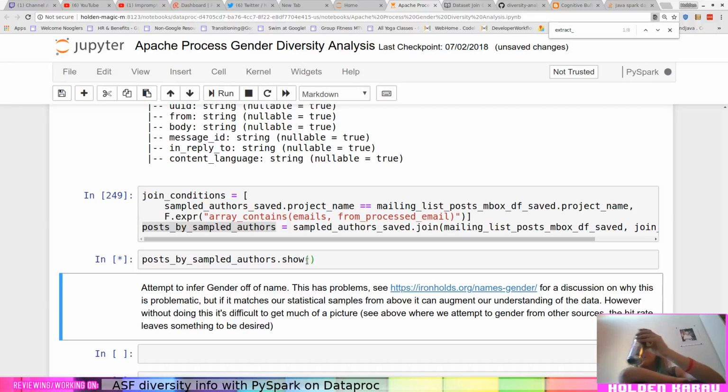Which is not a great debugging method, but works pretty okay. Sorry. Cool. This will take a bit of time, probably.